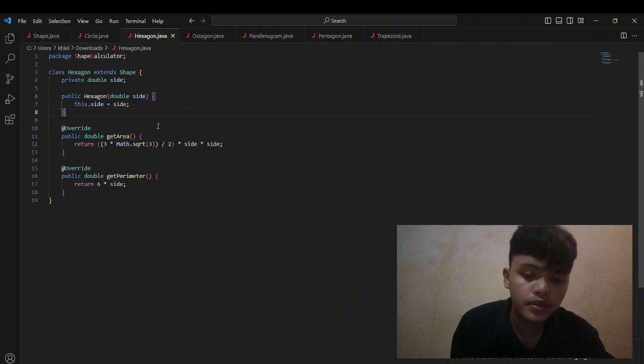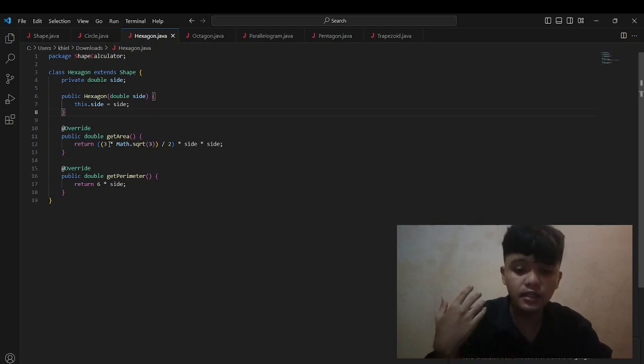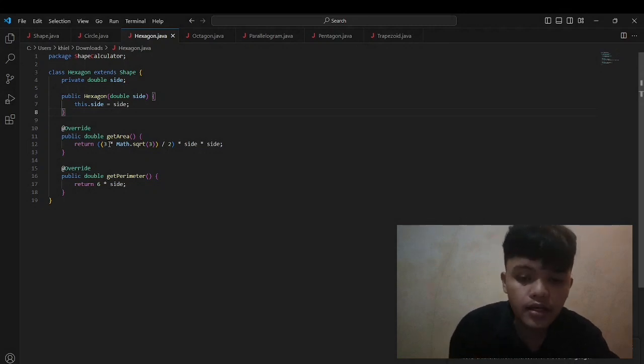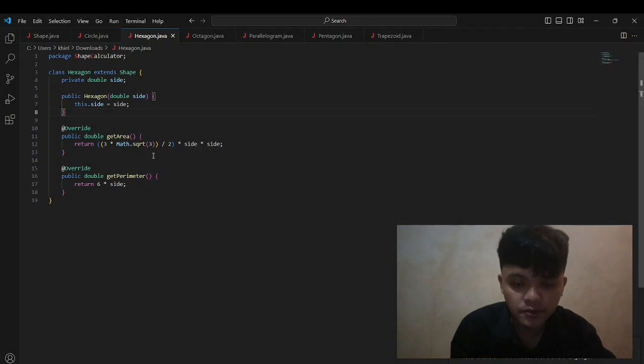The perimeter is straightforward as it is the sum of all sides of the hexagon. The hexagon class encapsulates the properties and behavior of a hexagon, adhering to the principles of object-oriented programming by extending the shape class. It provides a specific implementation for the abstract methods defined in the superclass.